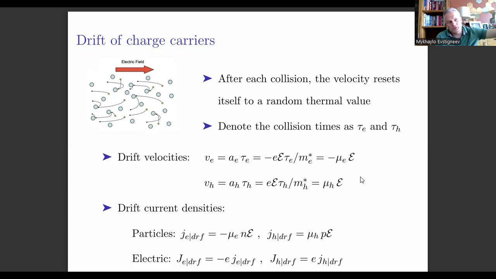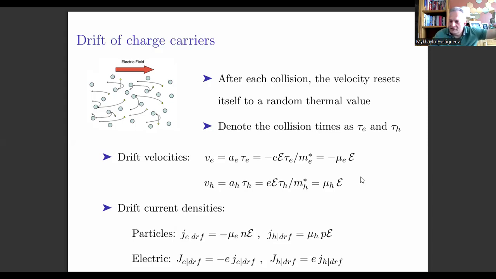Now we have understood why electrons do not get accelerated constantly because of the collisions. We have expressed the drift velocity of the electrons and holes in terms of their mobilities. And one final remark, if you plug in reasonable numbers, for example,